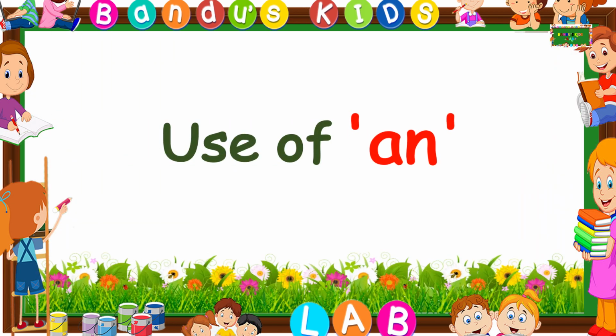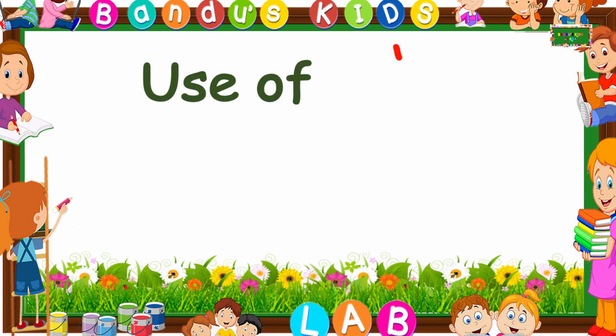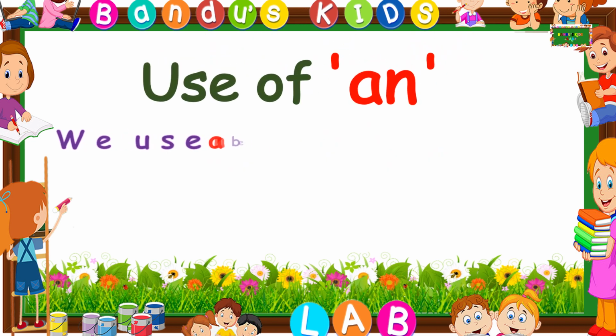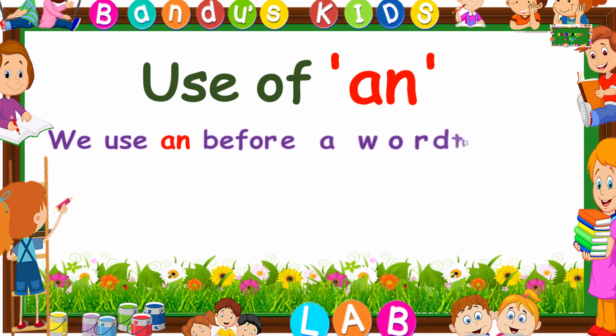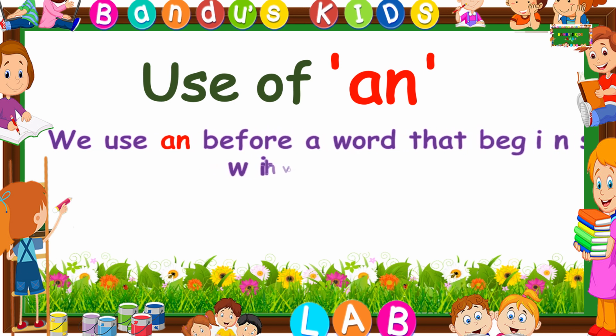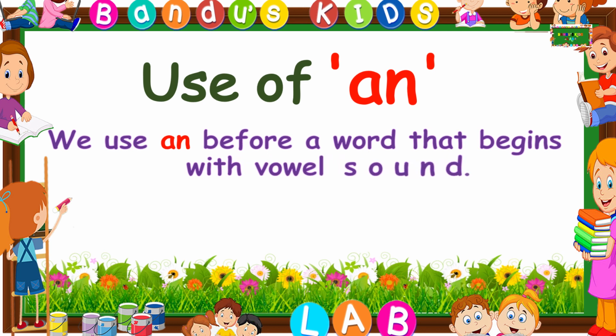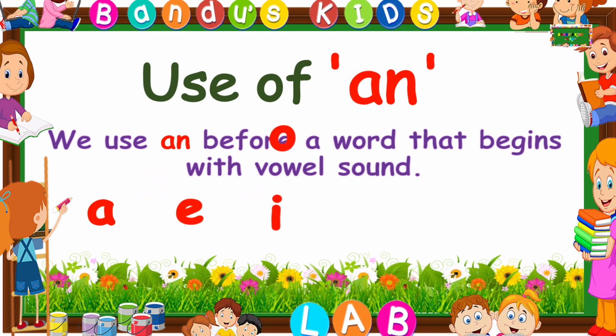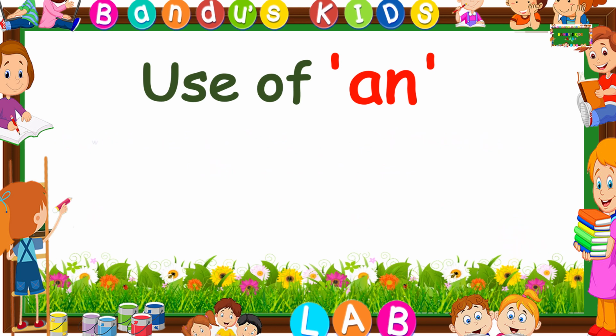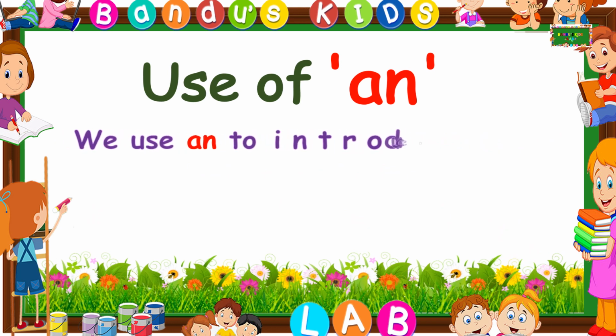Now let's learn where we have to use AN. Use of AN. We use AN before a word that begins with the vowel sound: A, E, I, O, and U. We use AN to introduce a singular noun, like